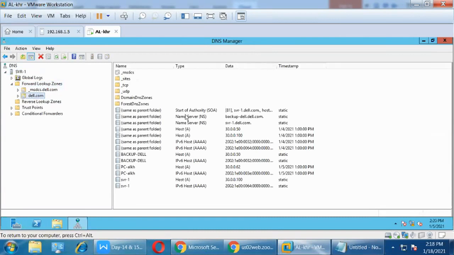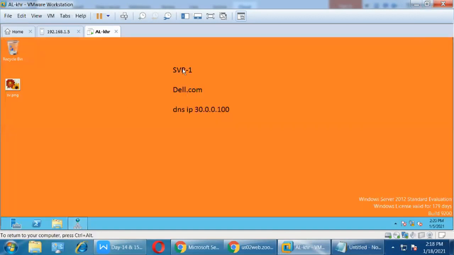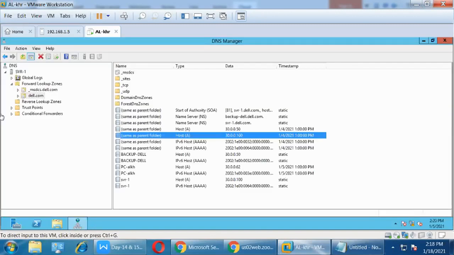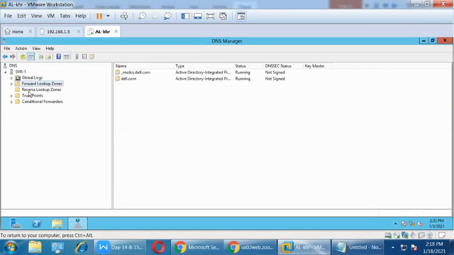What is my server name? SVR1, Dell.com. Here you can see SVR and the Dell.com name, and the host. Now understand forward lookup zone and reverse lookup zone.